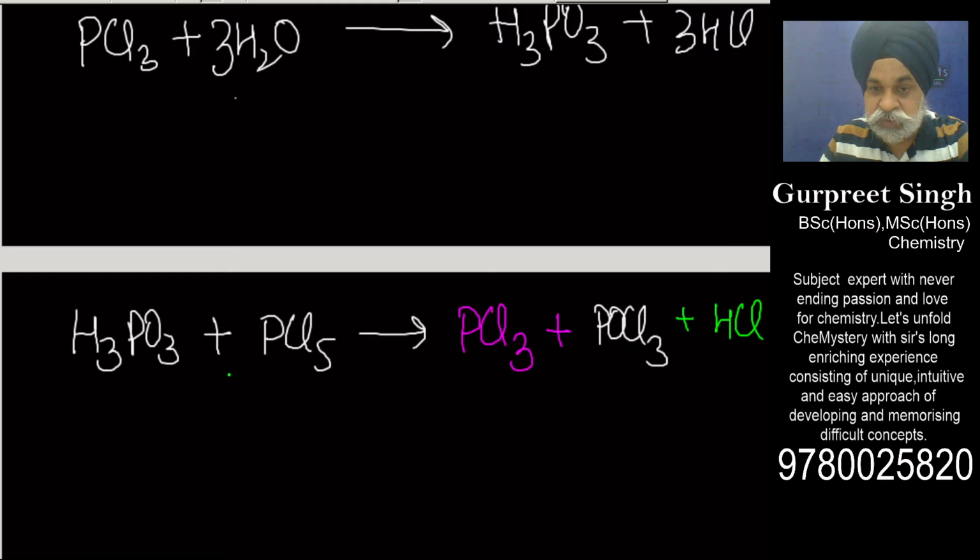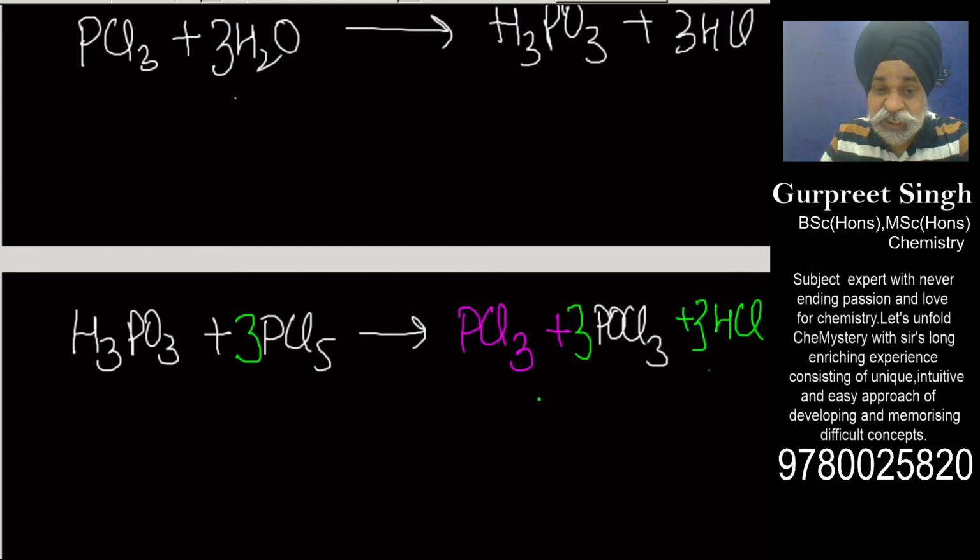Now let us figure out how we could balance it. If I place 3 here, I shall be getting 3 here and this 3. So by simply doing it this way, it got balanced. Chlorine is 15 here: 9 and 3 is 12, and 3 is 15, so it got balanced. Now this is very interesting.